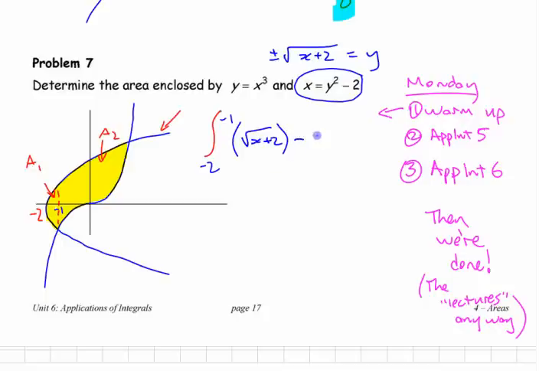Well, no, this would be kind of crazy to do if you didn't recognize the symmetry. Minus the negative square root of x plus 2. I think it would be a lot better to just realize it's twice the area, right? That and that are equal, even though it doesn't look like that on my picture. It's a lot easier to just say it's twice this. Okay, 2 times that with respect to x, plus